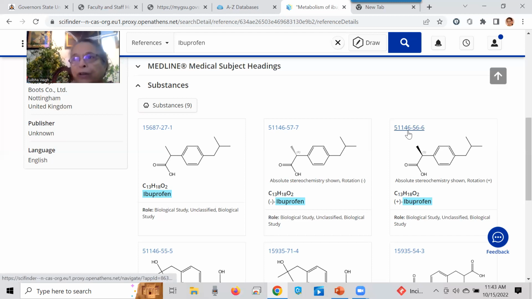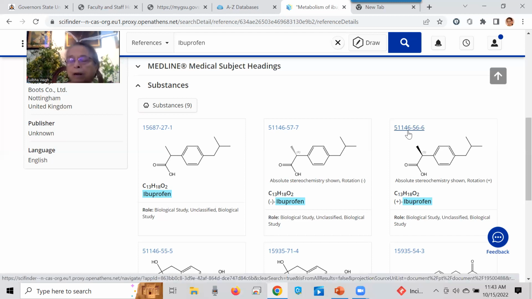Ibuprofen and all the NSAIDs, that's what they're called, non-steroidal anti-inflammatory drugs. Aspirin is one of them. It is a non-steroid drug. And if you look at the structure of all of this, you don't have to do it through ChemDraw,